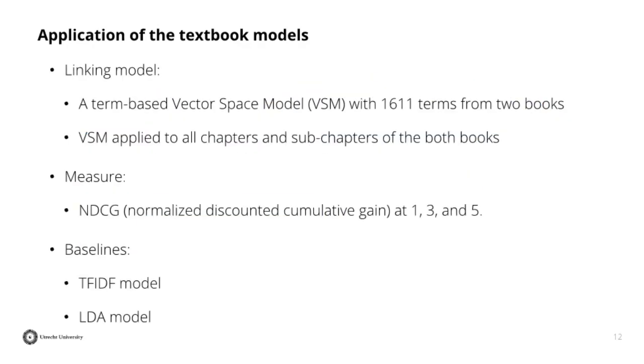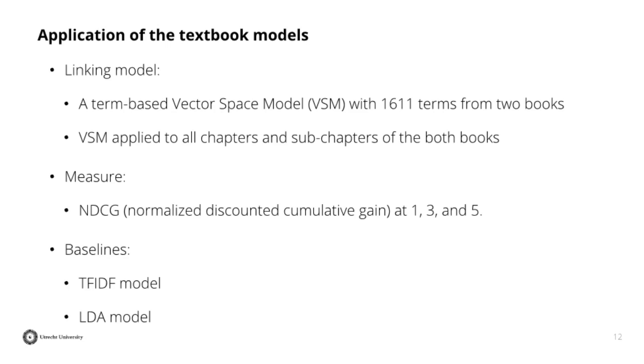We constructed a linking model using a term-based vector space model (VSM) with 1,611 terms from the two books. Then, the VSM was applied to all chapters and subchapters of both books. The sections have been annotated by the terms according to the knowledge models extracted from the textbook's indices. The inner product of these annotations has been used to compute similarity between all sections of Book 1 and sections